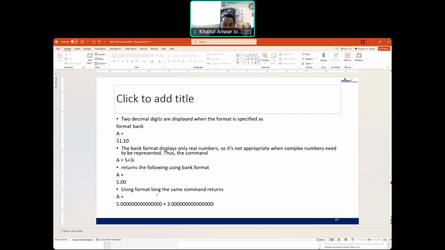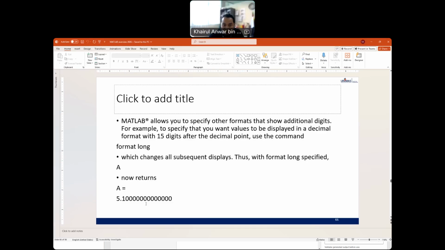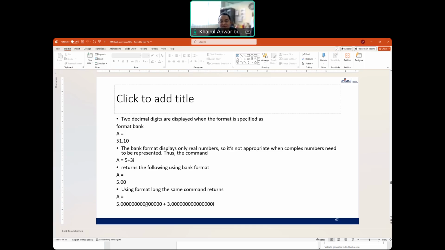So using format long, the same command returns how many? Oh, 15 decimal points, sorry. If you use format long,